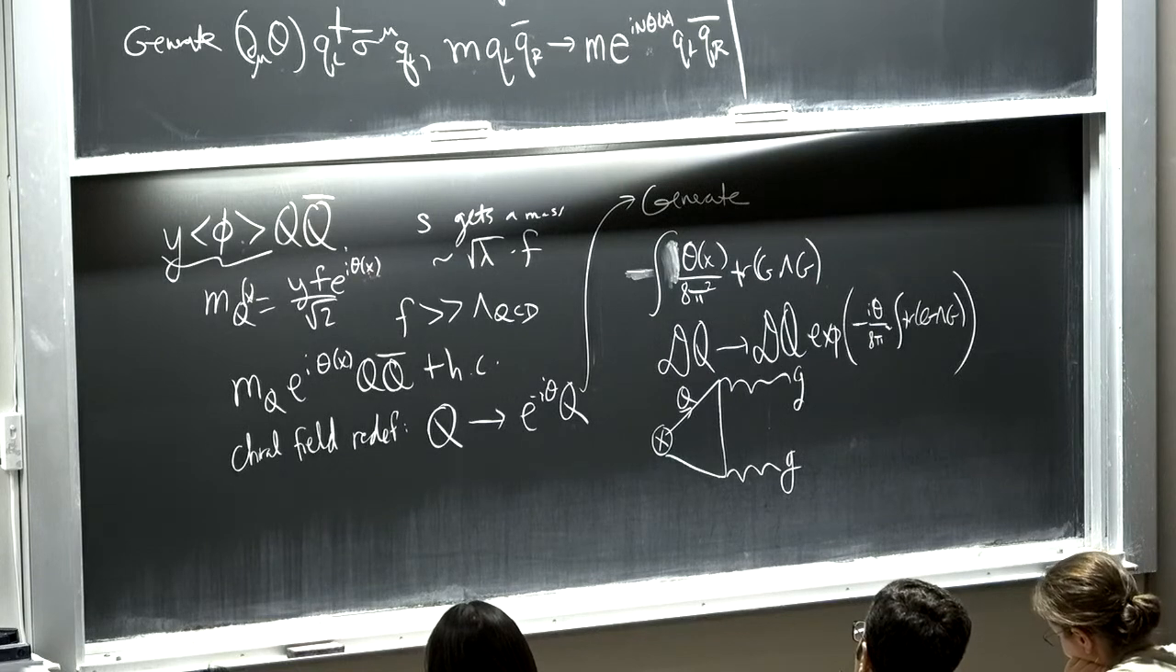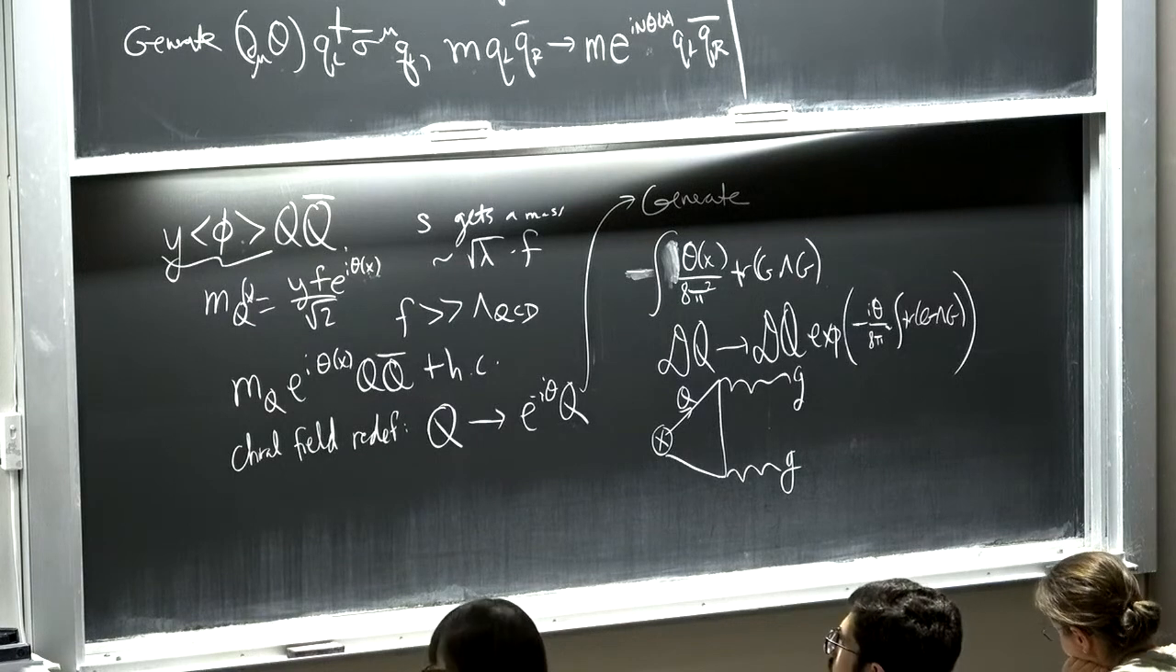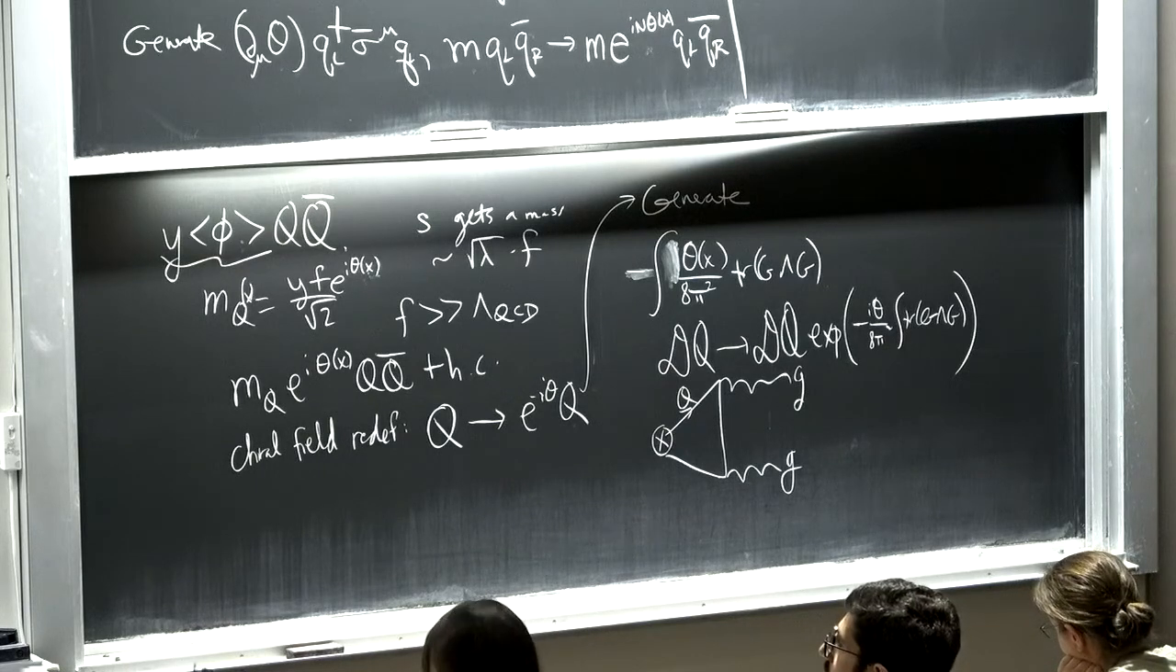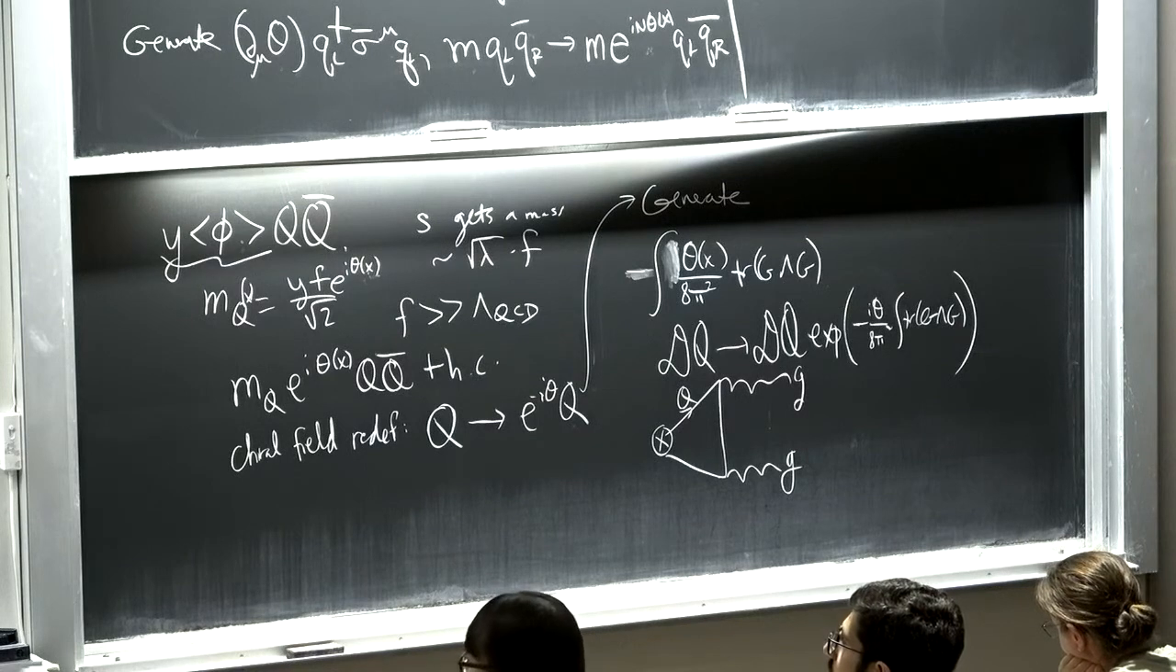OK, so that is the KSVZ model, and that is kind of the baseline model of 4D axions. It's not the original one. The original one came from Peccei and Quinn and Weinberg and Wilczek. The PQ that I called the symmetry came from Peccei-Quinn. But the Peccei-Quinn-Weinberg-Wilczek axion model basically